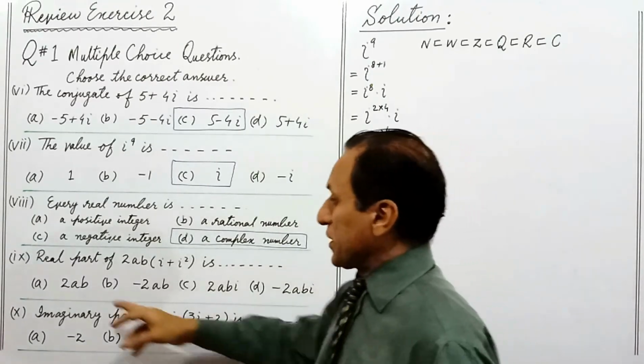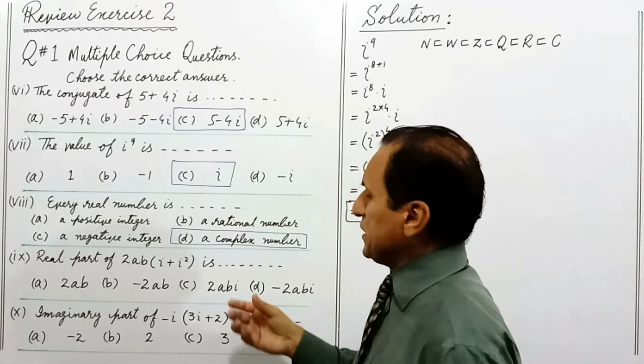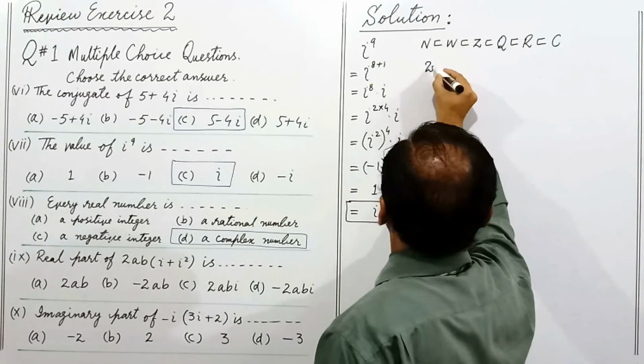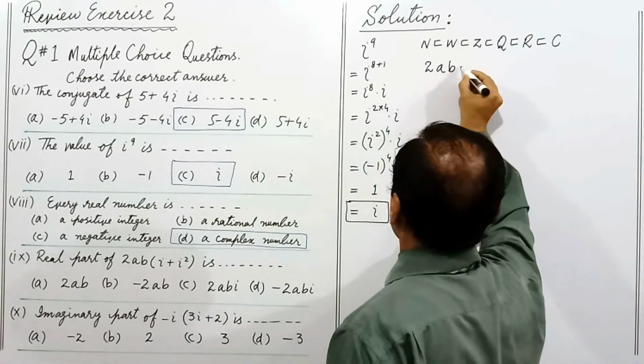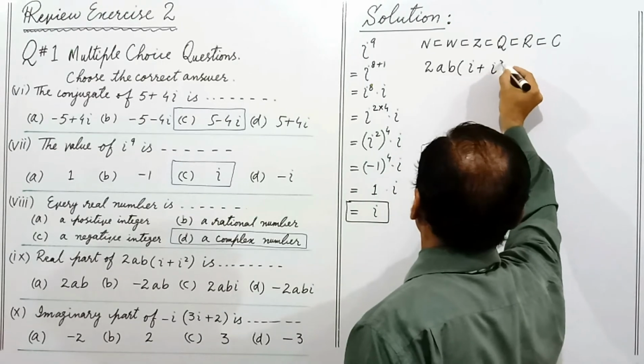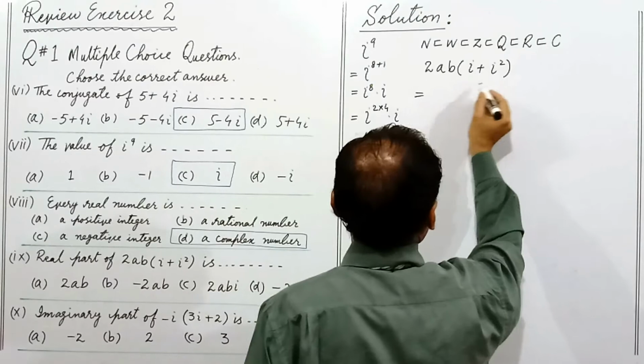Let's move to part 9, real part of 2ab into iota plus iota square. This needs a little bit of solution. Let's do it. 2ab into iota plus iota square. What do we do for this? We multiply, we open the bracket. So